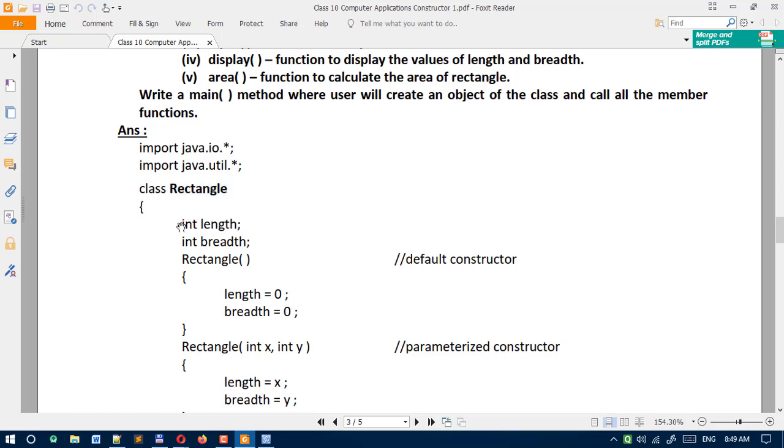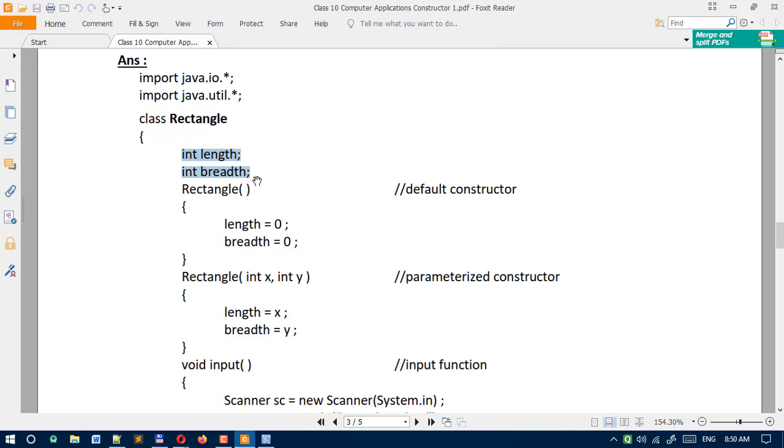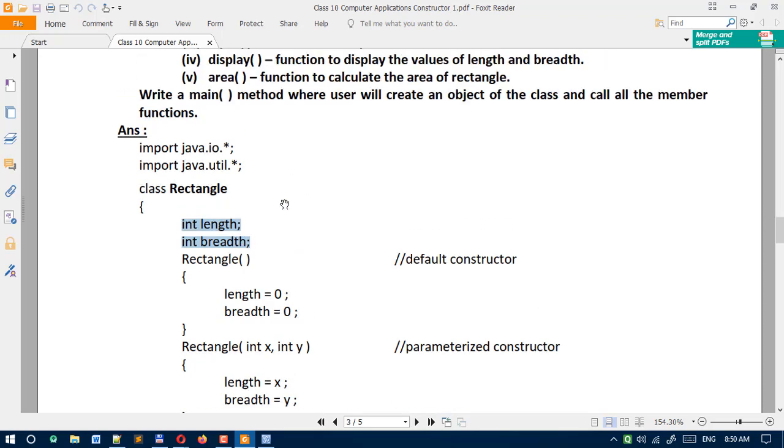Here two variables, that is data members, also called instance variables. int length is the first variable, and the second variable is int breadth. So here you can see two data members, length and breadth.